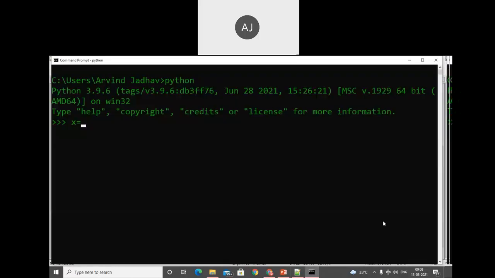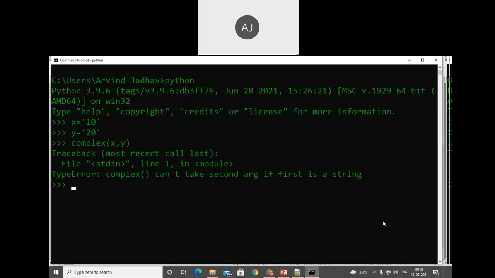I will do it one more time. Here I will use 10 and here I will use 20. Trying to convert this number into complex, we get the error: complex can't take the second argument if the first argument is a string.